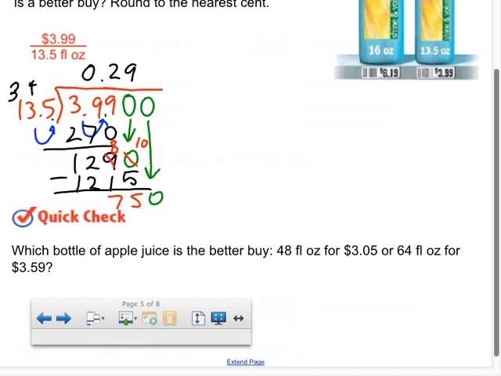I heard 5 and I like that. So 5 times 5, 25, carry the 2. 5 times 3, 15, plus 2, 17, carry the other one. 5 times 1 is 5 plus the 1, 6. And we don't really need to continue with this because now I have all the place values that I need, right? So